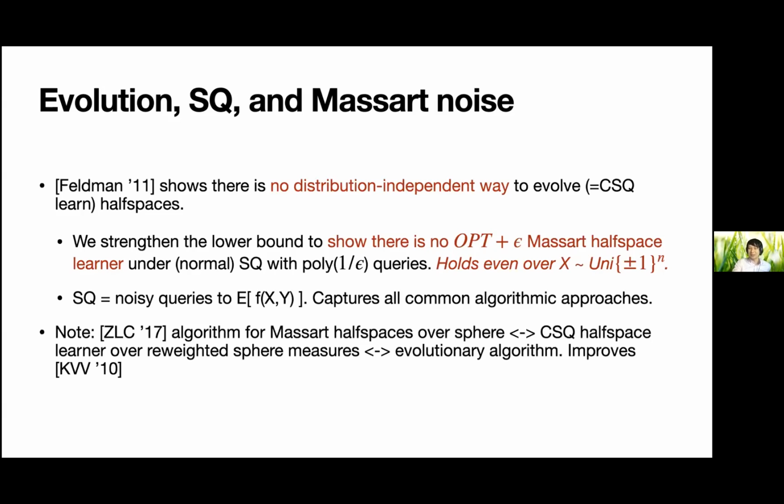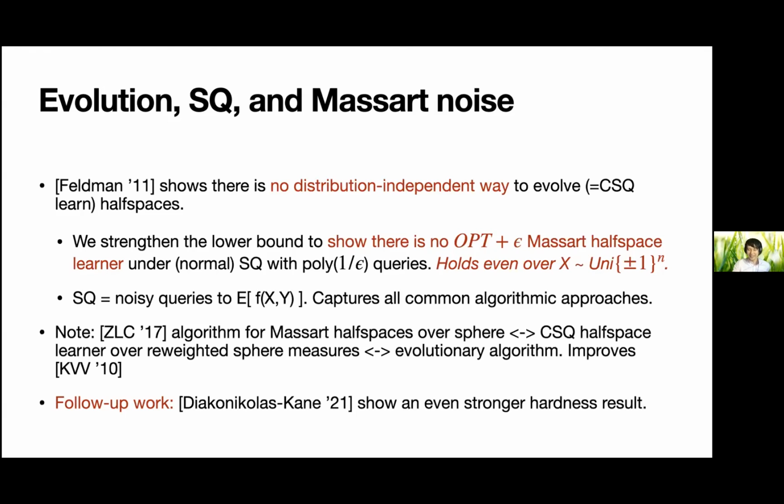When you understand the connection, you also see some connections between the Massart half space learning literature and the evolutionary algorithms literature, which I won't go into details on. And one last exciting thing is, the result I described basically says you need about n to the log 1 over epsilon queries, which is tight in the particular setting we considered, which is conjunctions on the hypercube. You can ask, if I allow for a much nastier distribution over x, does it get even worse? There's a paper by Diakonikolas and Kane, a follow-up work, that shows you get an even much stronger hardness result if you allow for really an arbitrary distribution on x. So that's what we know about lower bounds.